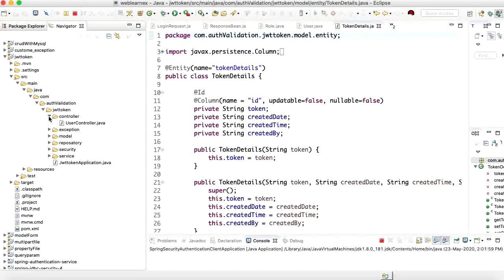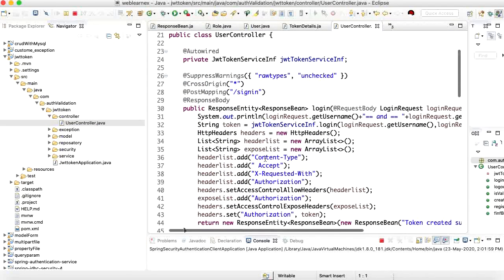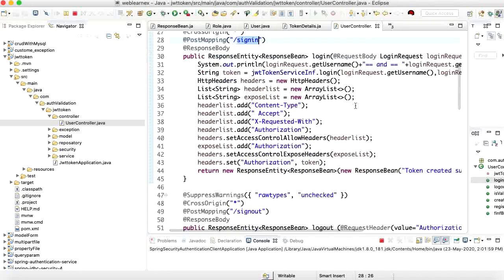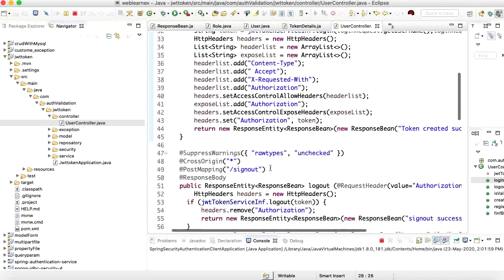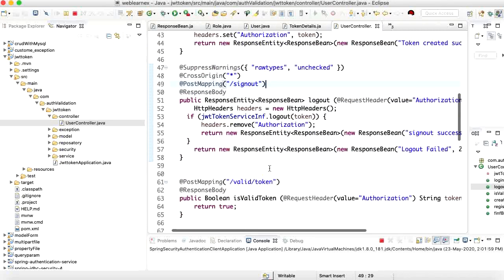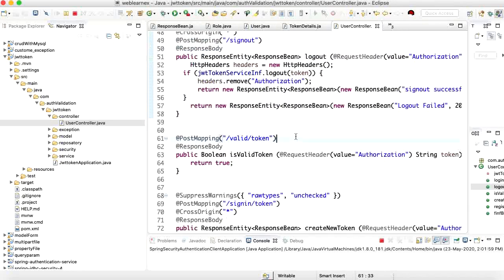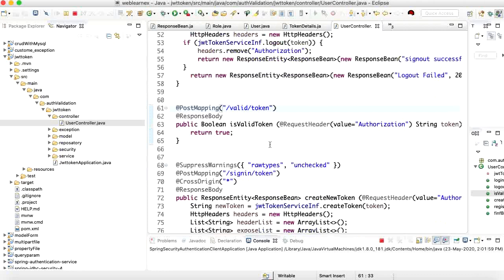And here is the controller. In the controller I have created a sign in method, which allows login. This is the sign out, meaning logout. This is the check for whether the token is valid or not.